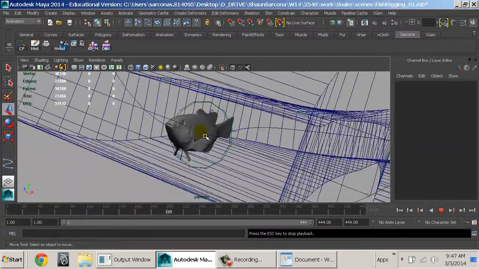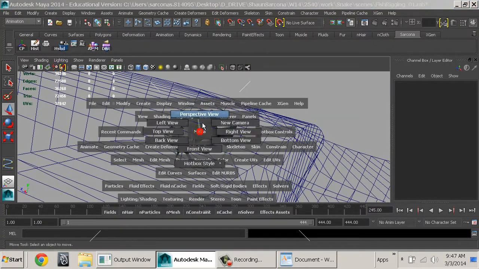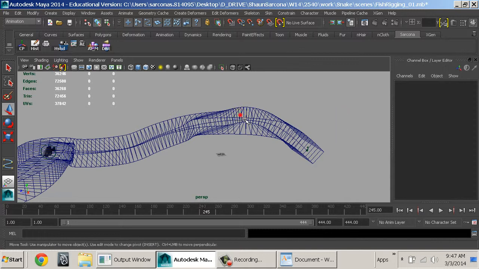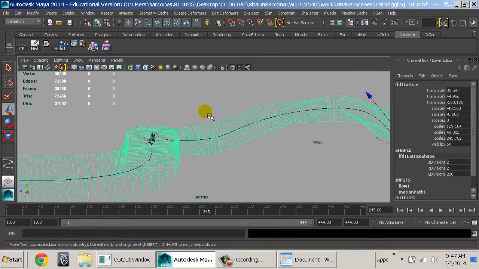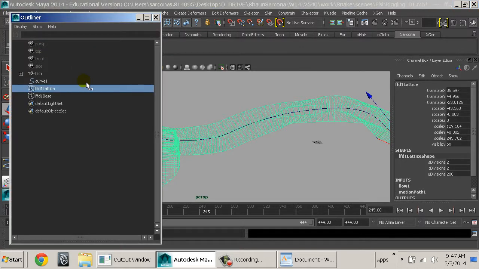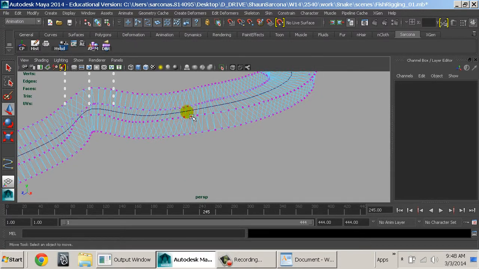So now we've created this really cool rig for this fish, and we've kind of animated him swimming along, and it looks really cool. Now the benefits of using one over the other is we can adjust these things afterwards. Okay, so like this lattice here, just for fun, let's say that